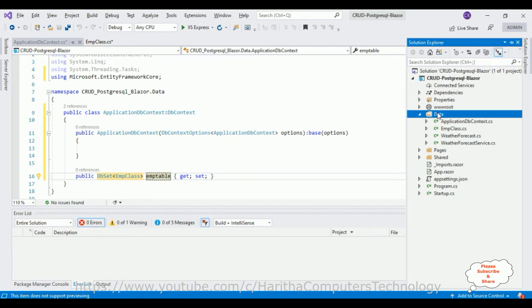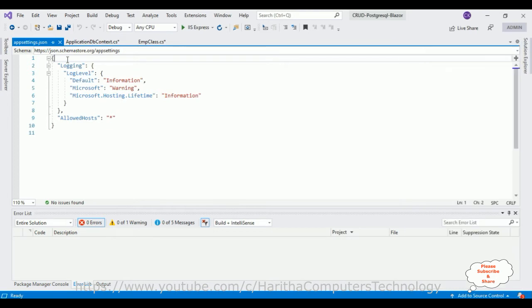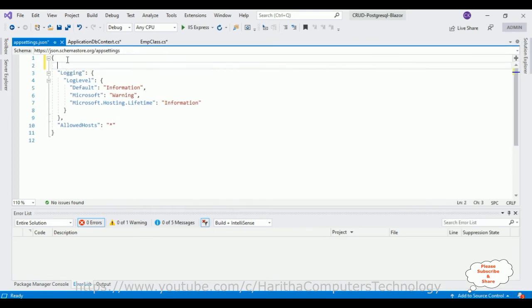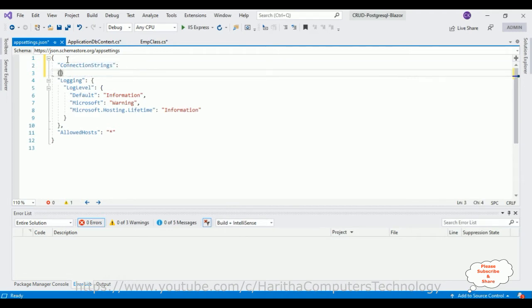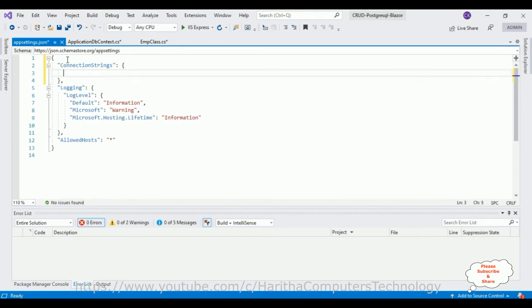That's it. After adding the Emp class and ApplicationDbContext class in this Data folder, next we require the connection string. So in a Blazor application, we add the connection strings in the appsettings.json file. Open that file. Now in this appsettings.json file, let's add the connection string, ConnectionStrings, colon, between curly brackets, comma, MyConnection,